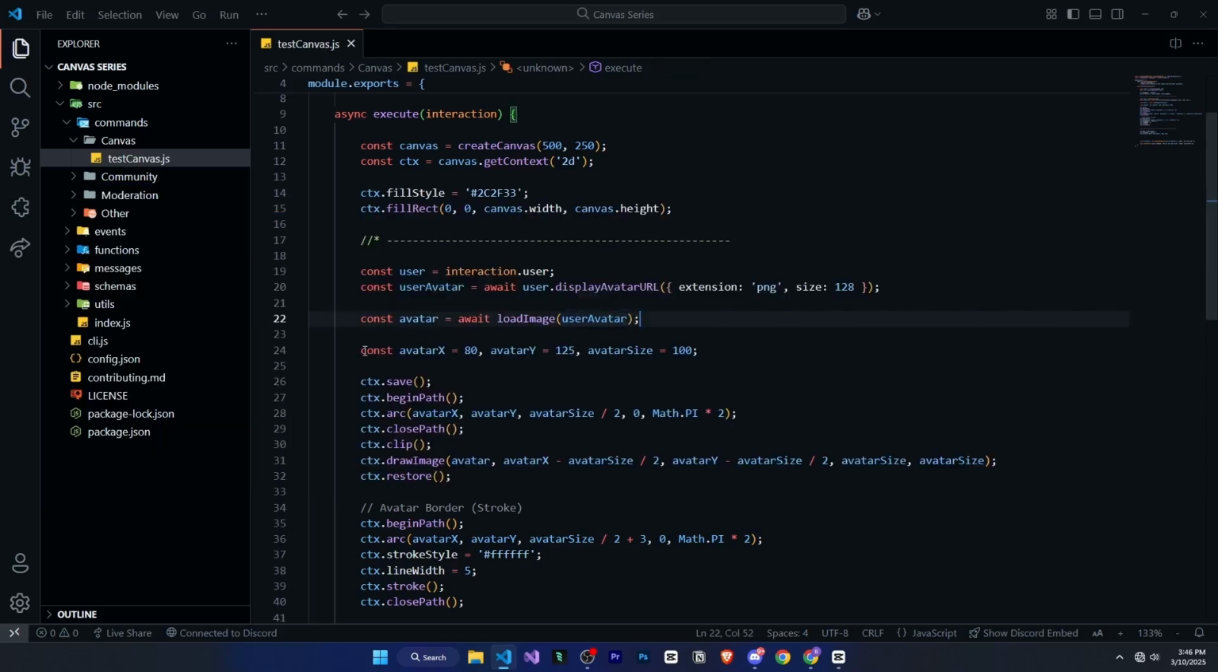All right. After that, we defined 3 variables: avatarX, avatarY, and avatarSize. avatarX is the x position of our avatar. avatarY is the y position of our avatar. avatarSize is the size of our avatar. You can manage these as per your requirement, depending on where you want the image to be placed on the